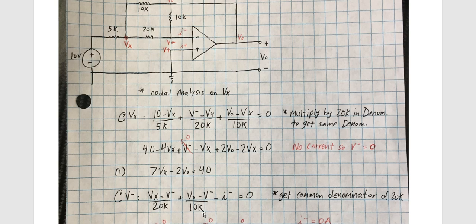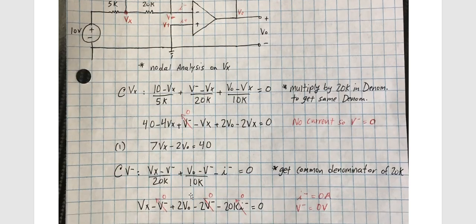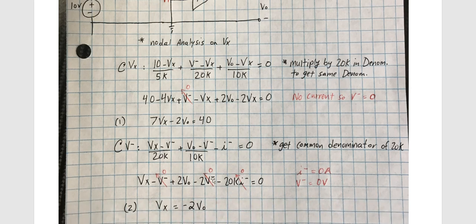So we, again, need a common denominator, so we multiply this right here by 2, and that gets us this right here. We know V minus is 0, and we also know I is 0. So this reduces down. We move it around to get Vx equals negative 2V out,